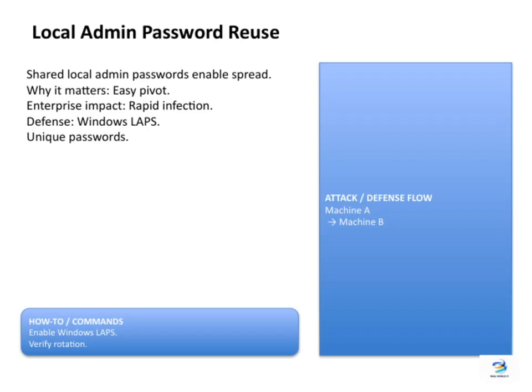Let's walk through the attack and defense flow between machine A and machine B on the attack side. An attacker might start by enabling Windows Local Administrator Password Solution, or LAPS, on a machine. Once enabled, they can verify the rotation of the passwords, which means they can see how often these passwords change. Shared local admin passwords are a big concern because they enable the attacker to spread laterally across multiple machines. If the same password is reused, it makes it much easier for an attacker to pivot from one system to